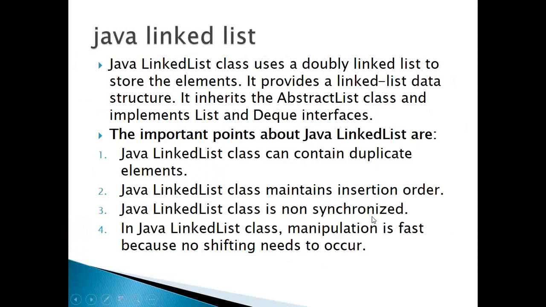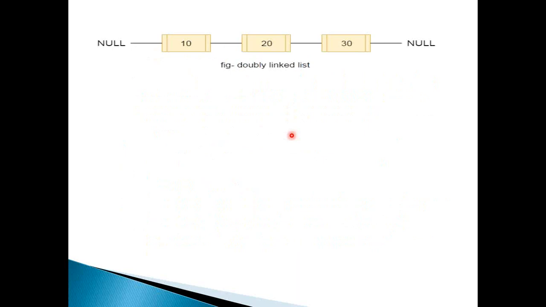Now linked list is non-synchronized, so many threads can operate on the linked list. In linked list, manipulation is fast. Why? Because no shifting of elements will occur, whereas in array list manipulation is slower. So these are some of the key points in the linked list. It will be stored like that, and if you delete something, it will join like that, and no shifting of elements takes